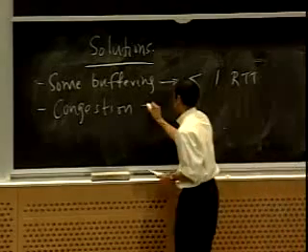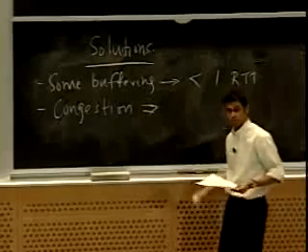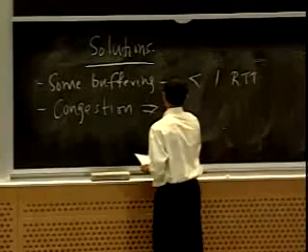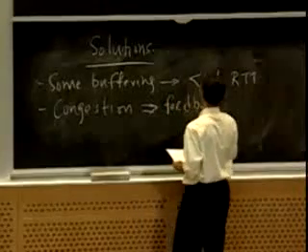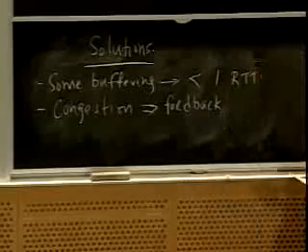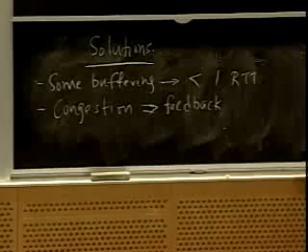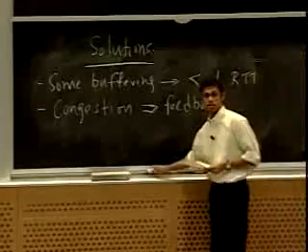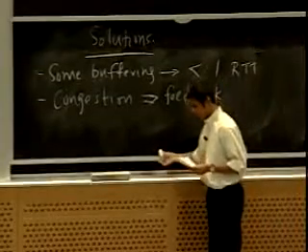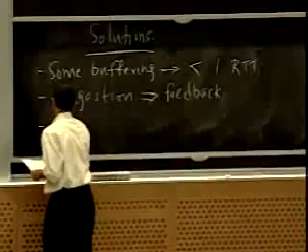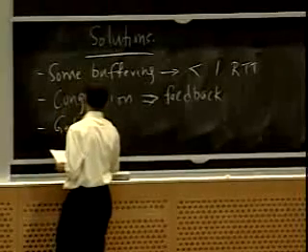That causes the sender to observe this congestion, which means that what we want is a plan by which, when congestion lasts over half a round trip time or close to a round trip time, we provide feedback to the sender. Okay? And then the third part of our solution is when the sender gets this feedback,